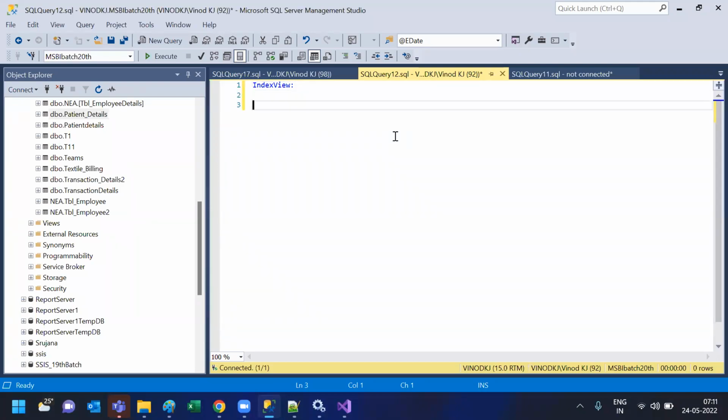Okay. So usually a view doesn't store any data, right? It's a virtual object of the main table, correct? Yes. So now, whenever you are trying to execute your view,